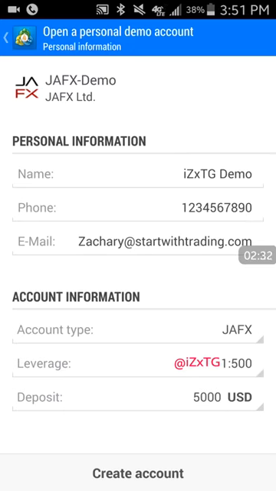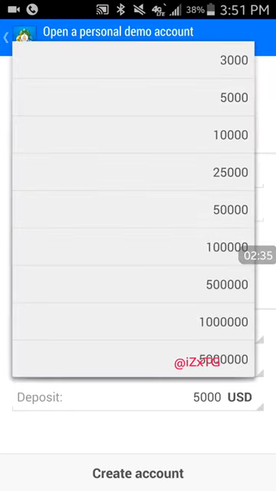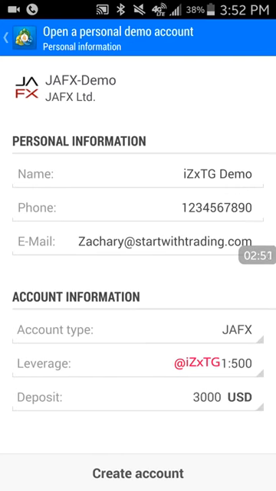Now, when it comes to choosing a deposit amount, I want to warn you to not go and trade with 100,000, a million, 5 million. Don't choose a crazy amount on your demo account. Select something that's similar to what you would be trading live with, and it's very powerful when you do that because you're going to be getting your expectations in that right frame of mind from the very beginning, rather than going in over trading